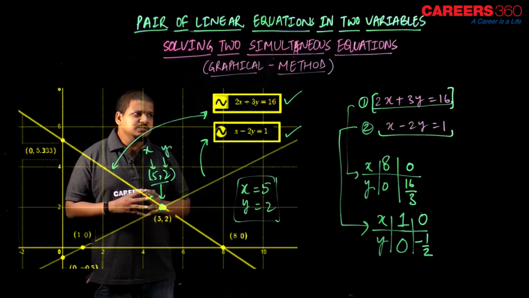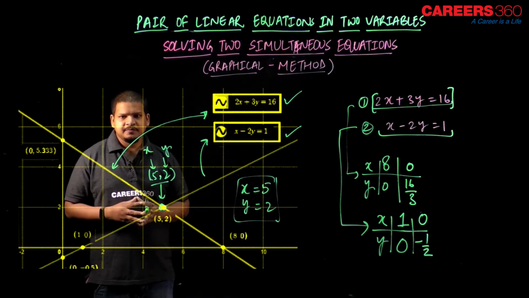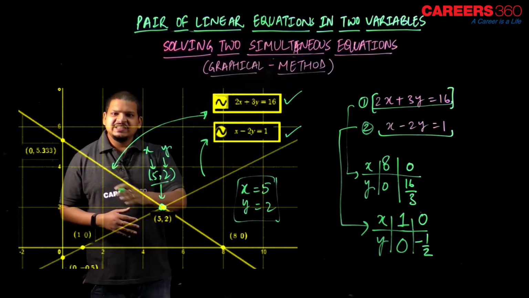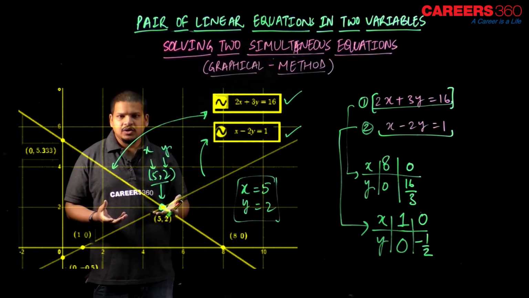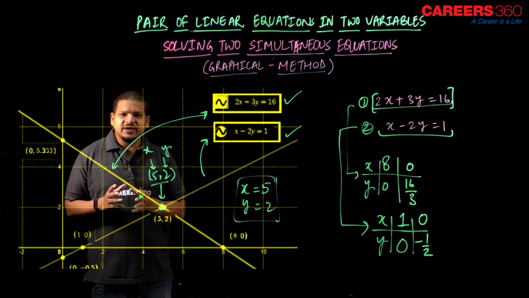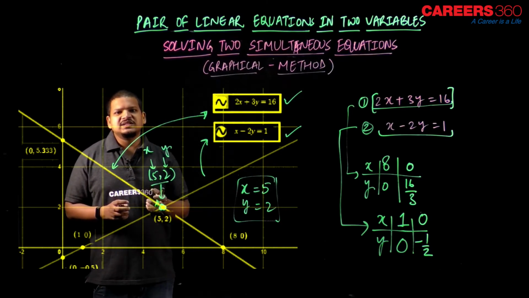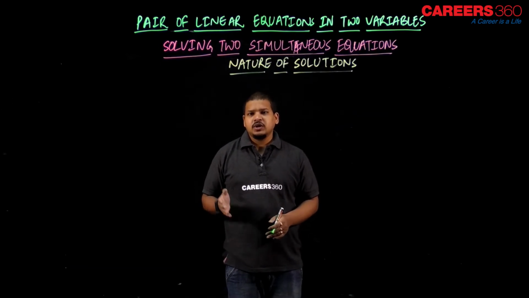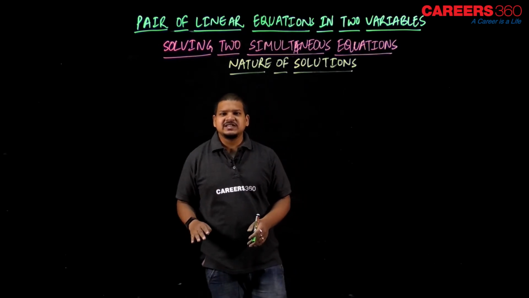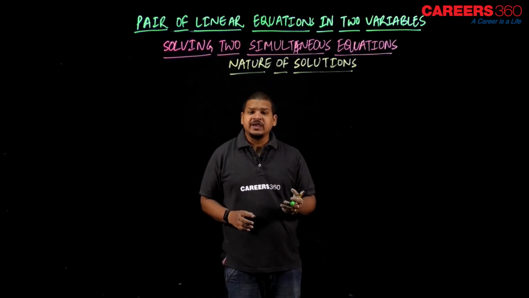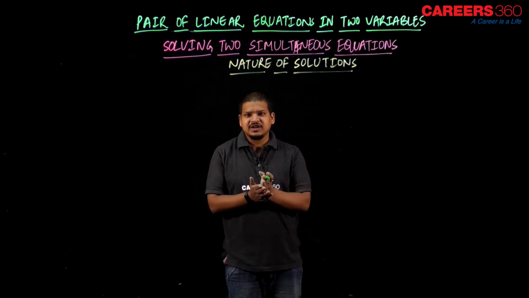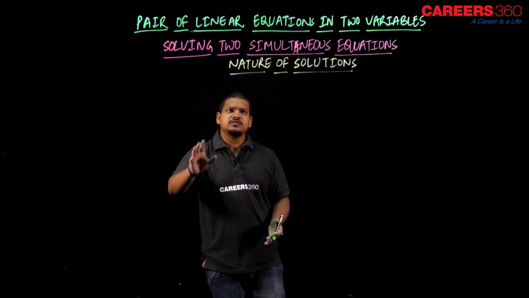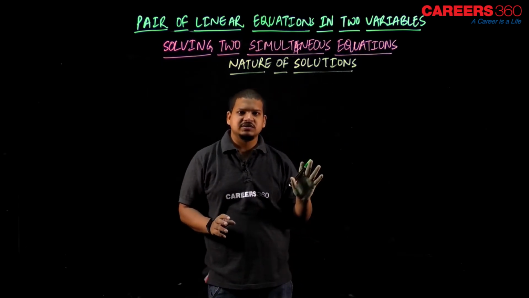Now here comes one important point. What if these lines never intersect? And right from that thought, the nature of roots, the next concept, arises. Let's discuss that in detail. Now, as I was just discussing, what if these two lines never intersect, right? Or there could be another condition. What if two lines overlap, right? So there could be more than one condition for the nature of solutions, right?